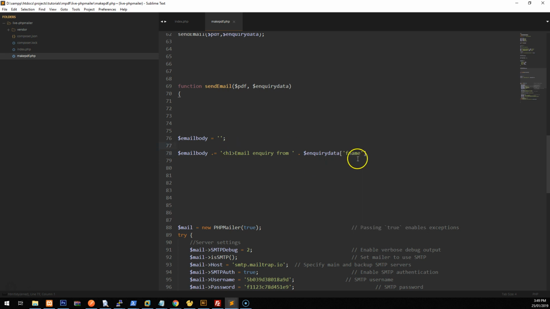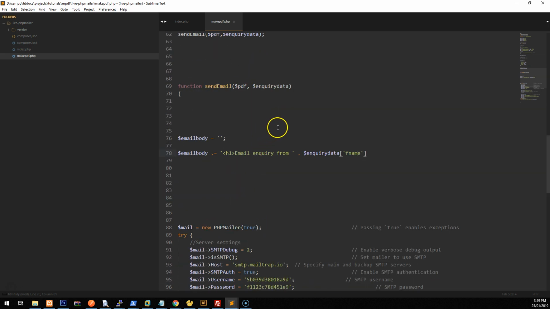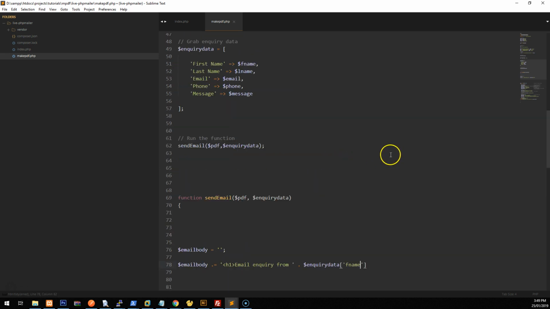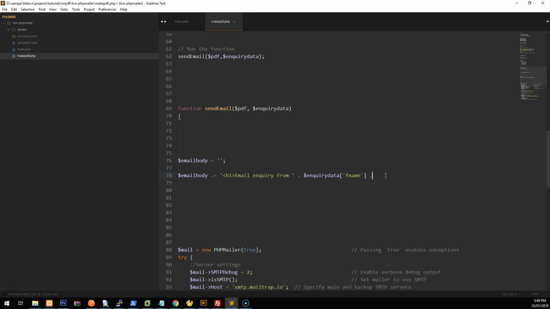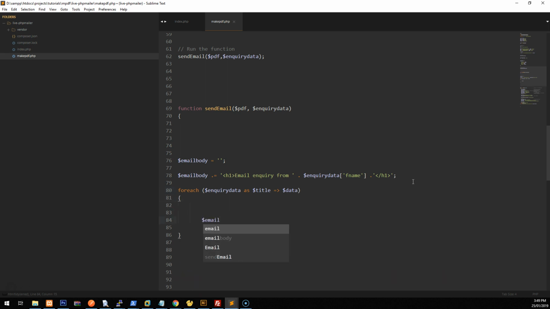Yeah, okay, I think that should work. We'll try that. If that doesn't work, we will fix it. So that's the title of the email body, and then we want to do a foreach statement. So for each inquiry data as title data, we want to concatenate each row. So email body dot equals, we'll do a bold for the title,